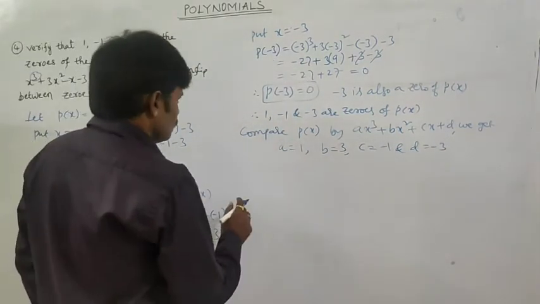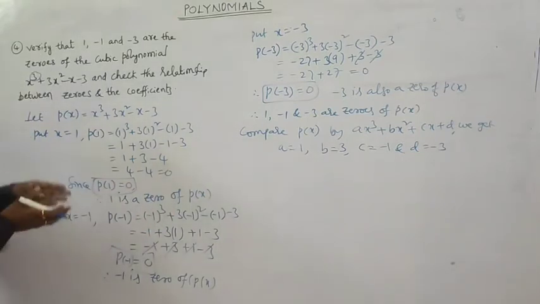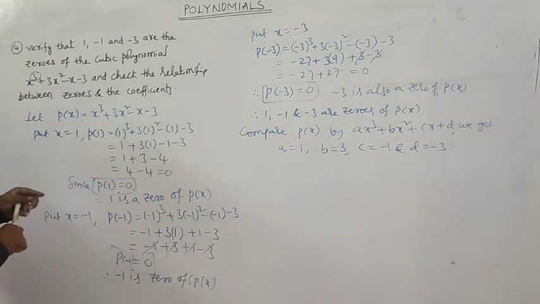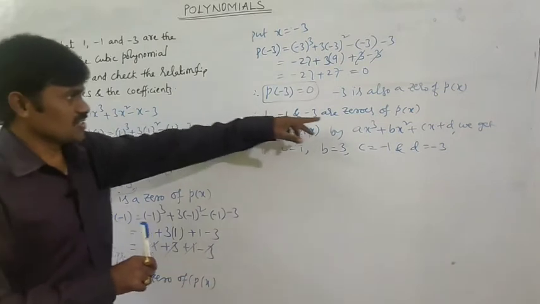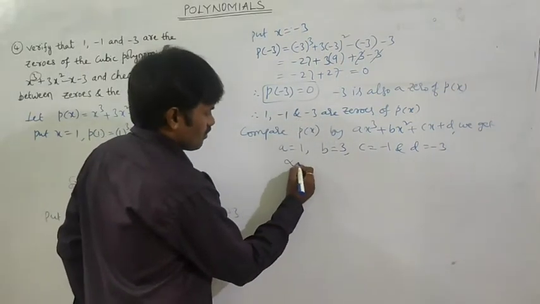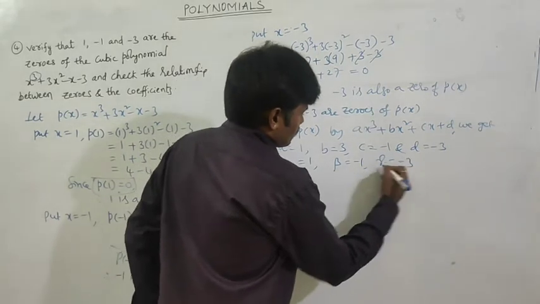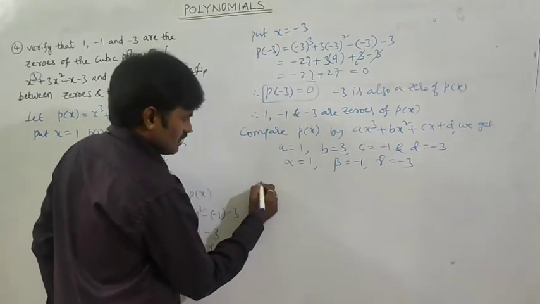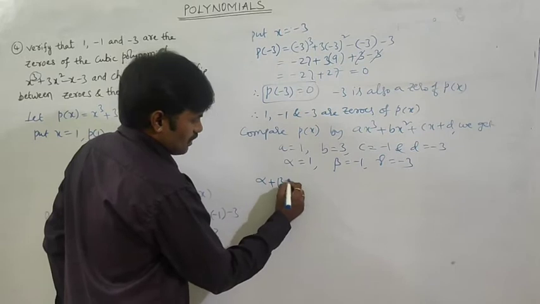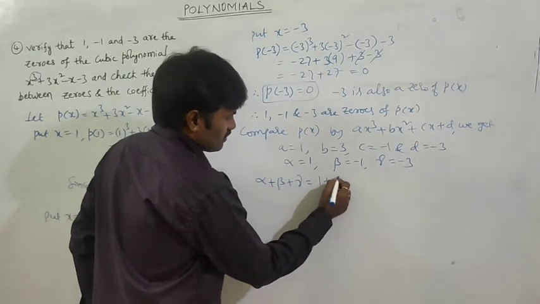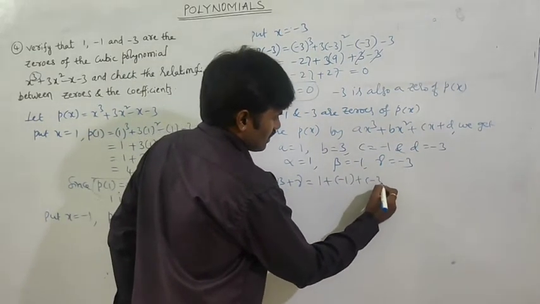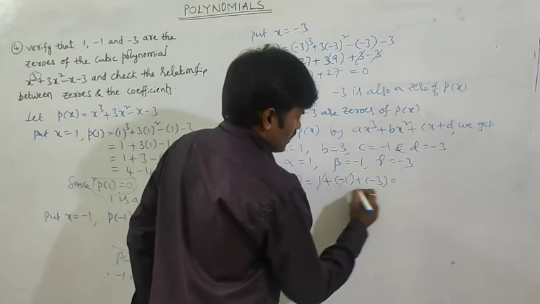Now we have verified that 1, minus 1 and minus 3 are the zeros. Consider those as alpha, beta, gamma, which are Greek letters. Now find the sum of these three, alpha plus beta plus gamma. How much do we get? 1 plus minus 1 plus minus 3, that is equal to 1 minus 1 cancel, minus